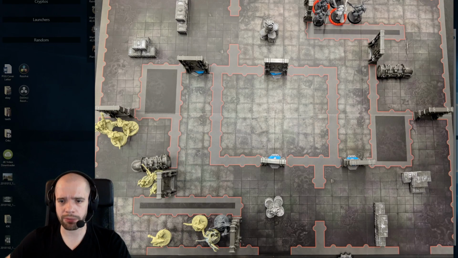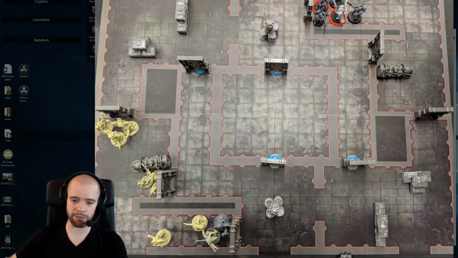As you can tell, he just piled up all there. He's just going all in. I've tried to spread it out a bit because obviously I have more models. Don't really want to get people bunched up in a single place. Didn't want to just run everybody into the entrance room, which might have been a valid tactic. But